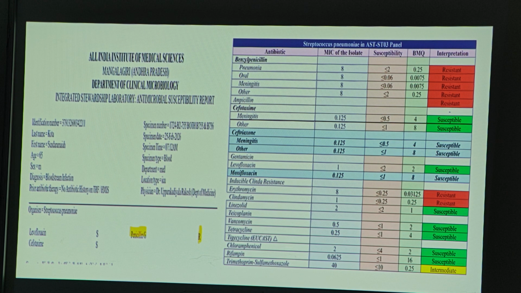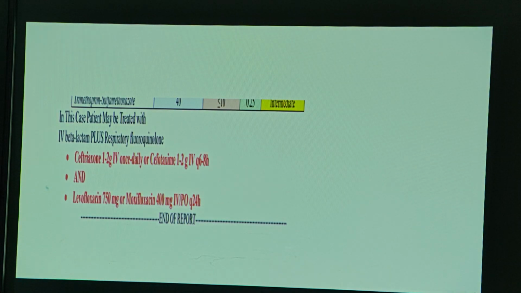So in this patient, the antibiotic changed from meropenem to ceftriaxone, and levofloxacin was added instead of azithromycin. So this is what we have advised: ceftriaxone 1 gram IV BD, or 2 grams you can give, and levofloxacin 750 mg because it's a respiratory fluoroquinolone. So they stopped Miro and Metro and changed the regimen to ceftriaxone and levofloxacin